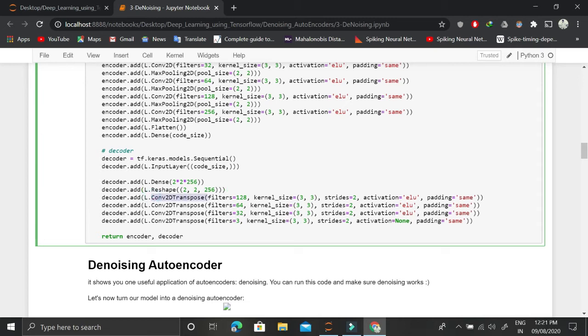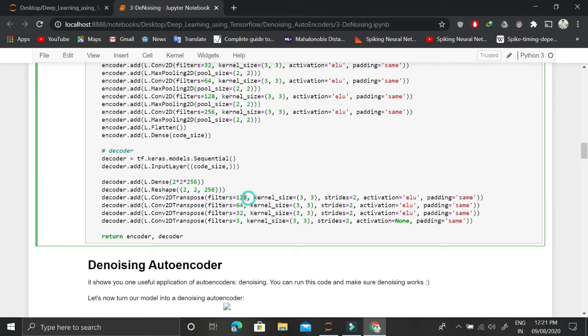So this is deconvolution. Because we are going in the backward direction: in the convolution part, we were decreasing the dimensionality, and the size of the input images was going down in each of the hidden layers. But once we have encoded it, our aim is to go back in the backward direction, so we will be deconvolving it. So this is a deconvolution function.